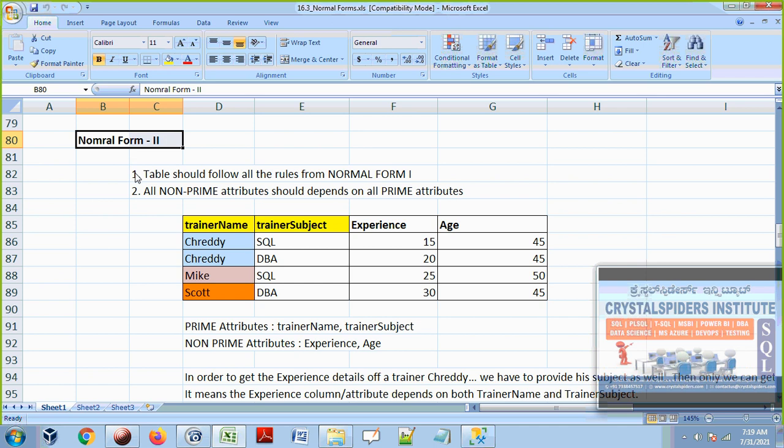So normal form 2 represents, if you want to say this table is in normal form 1, what are the rules, guys? That column names should be unique, and also there should not be any grouped values.